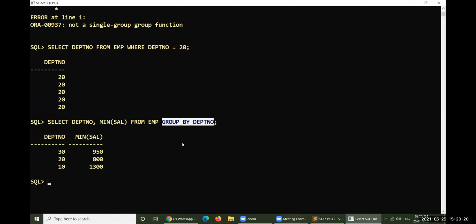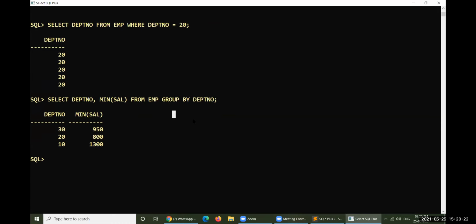Then, in group by, we have been operating some aggregate functions. Besides aggregate functions, is there any ordinary column which we have to select? Ordinary column means a column which is not participating within aggregate functions. Such kinds of columns are there.